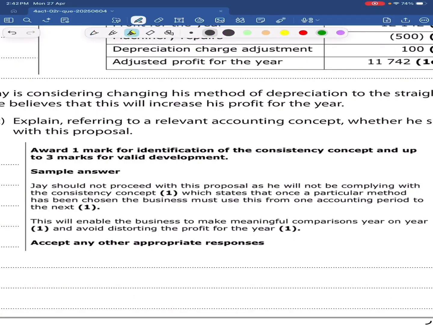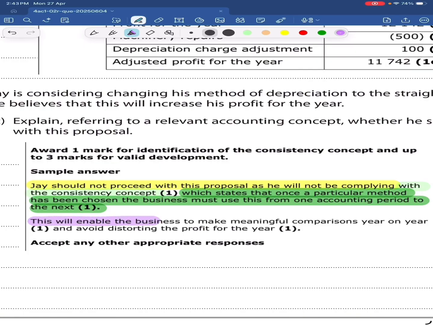Let's start with the application, with the knowledge. J should not proceed with the proposal as he will not comply with the consistency concept. So what does consistency concept mean? Which states that one particular method chosen by the business must be used from one accounting period to the next. Why do they have to do this? This is because this will enable the business to make a meaningful comparison year to year and avoid distorting the